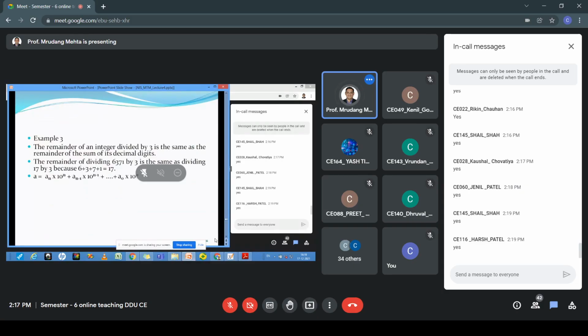So simplify this. A mod 3 is equal to this. Now simplify this and find out what we can write at the end. Reduce the steps to the final answer. Okay, do it in your book by applying the principle. There are properties of mod. See, by reading it, you will not remember it. You have to do it in your book.